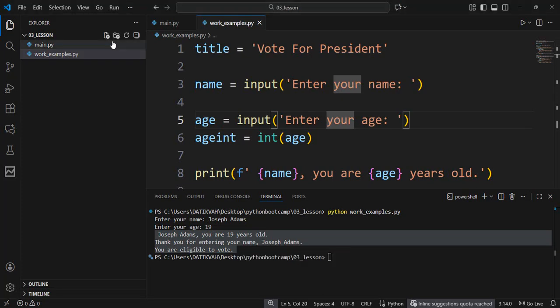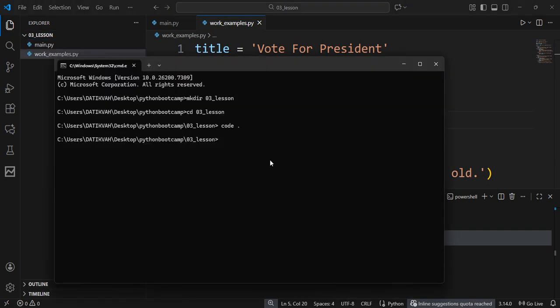Alright, welcome everyone. Let's see the try and catch. We're going to lesson outline 4. We have seen the if condition, so we want to make the lesson outline 4. So we're going to come here and say make directory